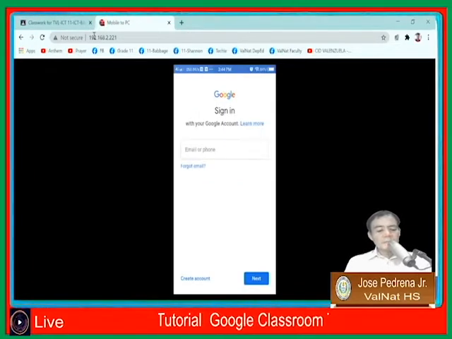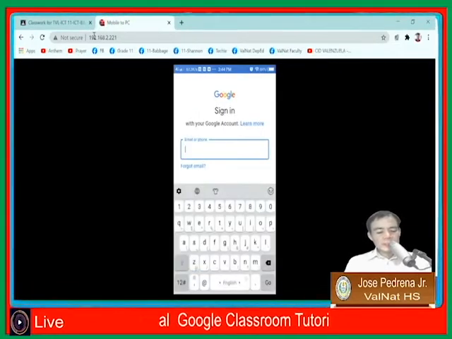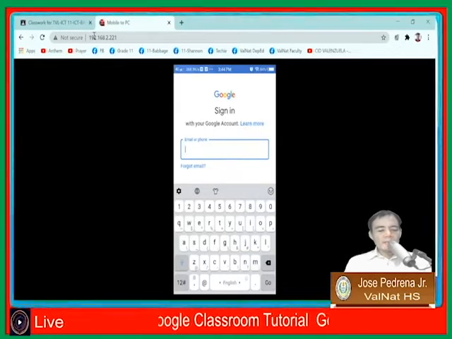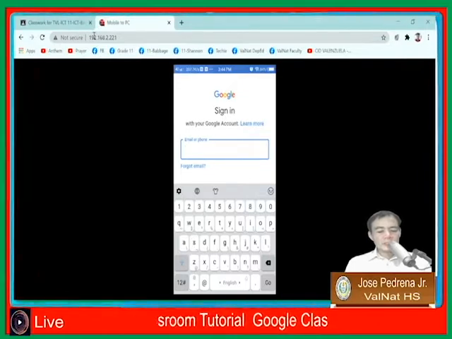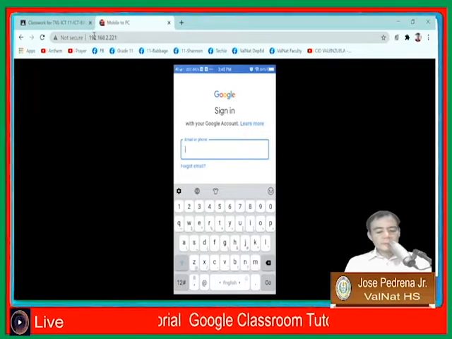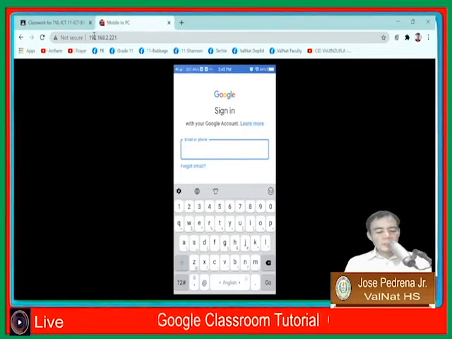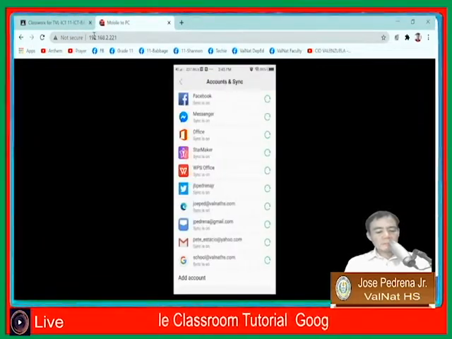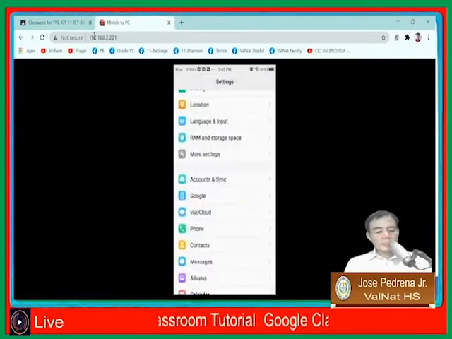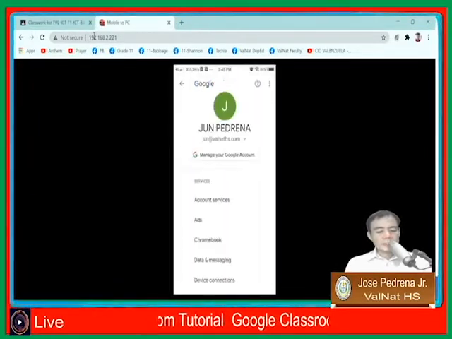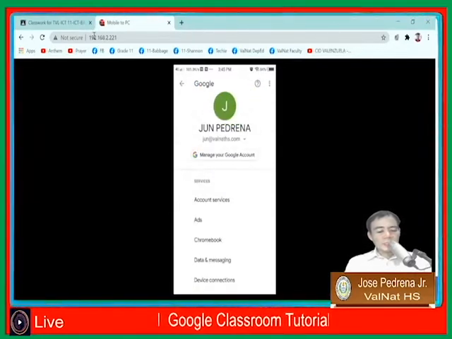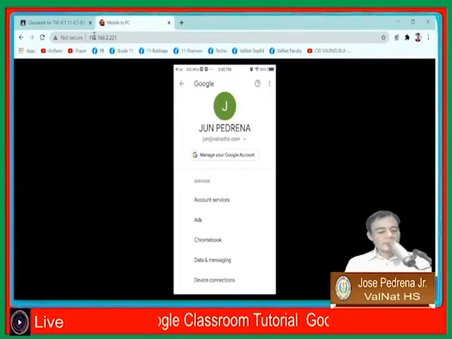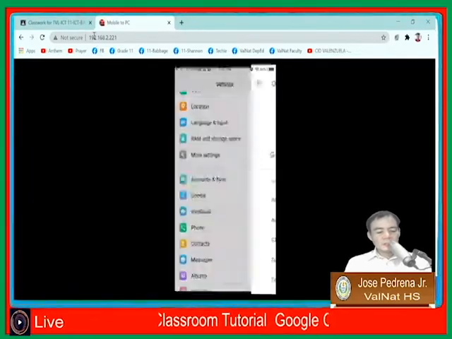And here we are. So just type the email address given to you by your advisor coming from our ICT specialist, and then sign in your account, and that's it. Once you're signed in, you can easily see that your account is already present. So like this one, June at valatitches.com is already signed in. So all I have to do is